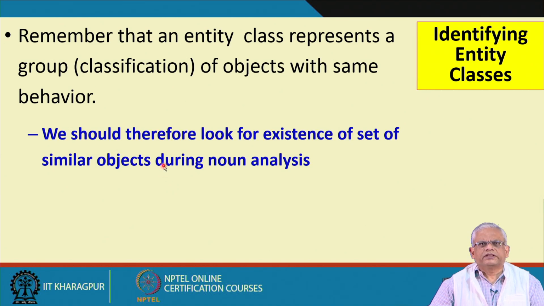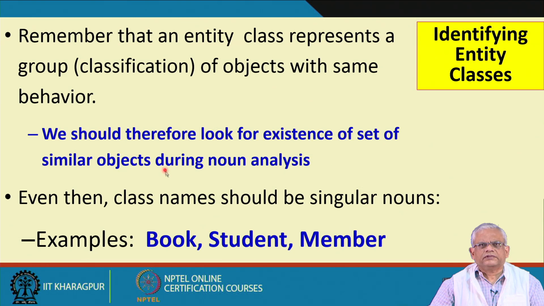So this is possibly a hint that if there are several objects of the same type, then it is possibly an entity object. Even though these represent a large number of objects, for example, the book class, from which we instantiate thousands of books,